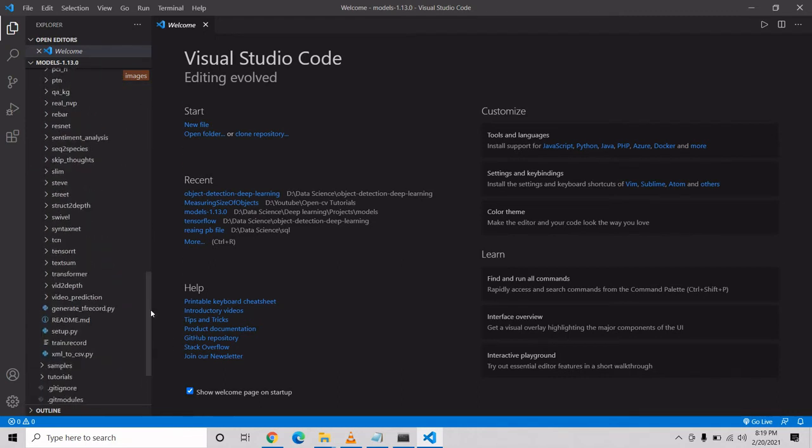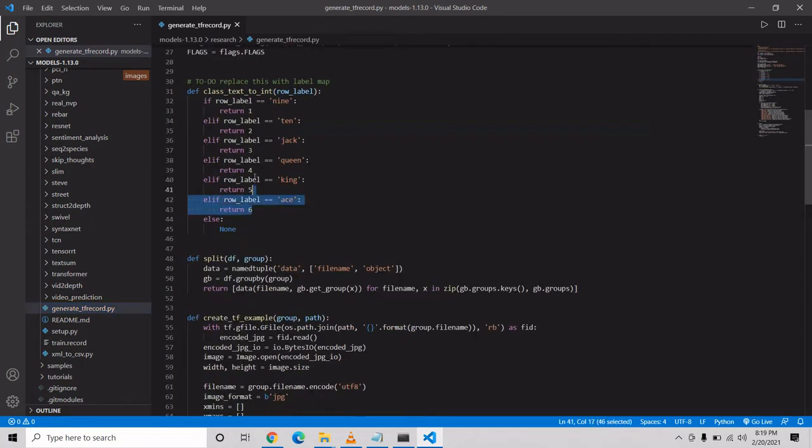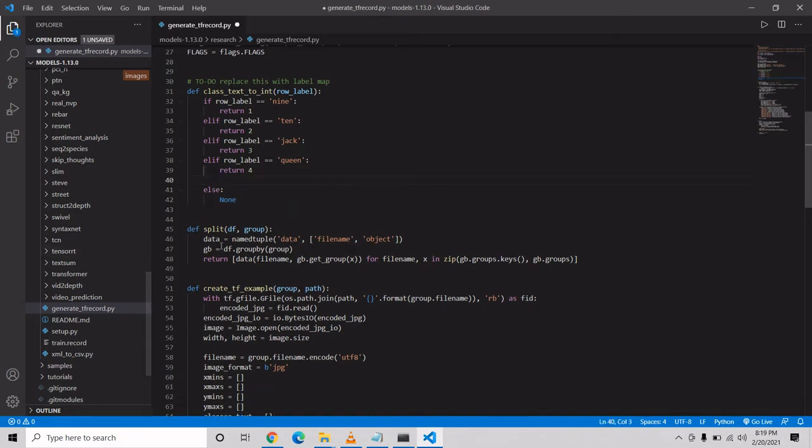Now we have to go in your generate_tf_record.py. Here you can see we have to change some classes. In our data we have four classes: one is apple, one is banana, one is orange, or we can say we have mixed over here.